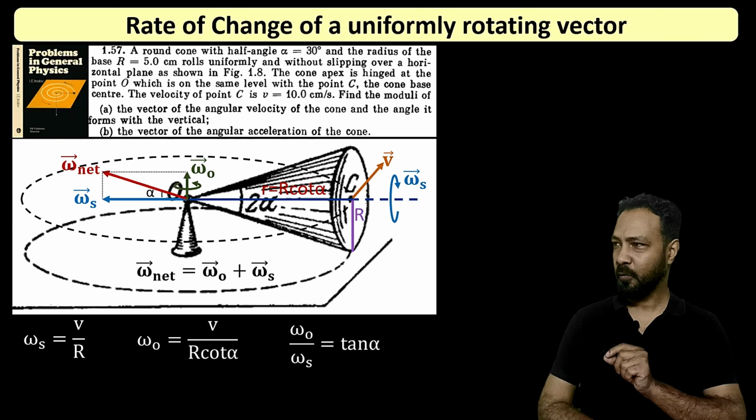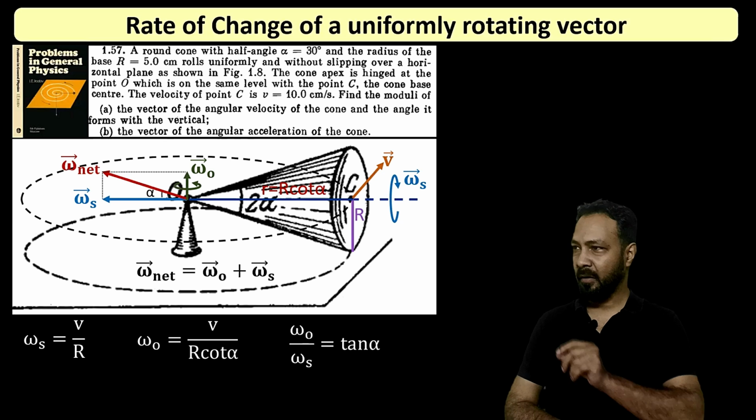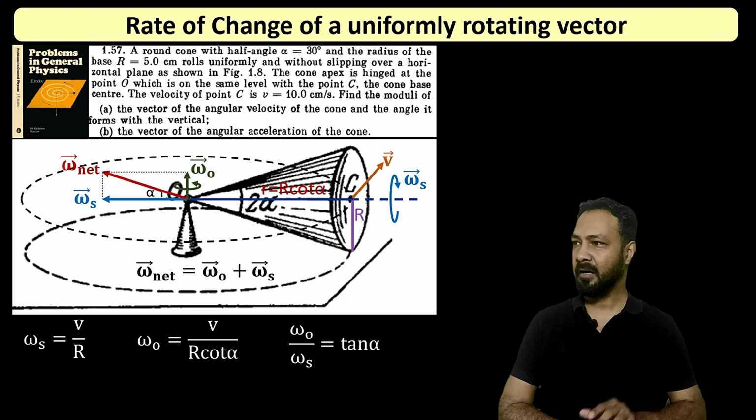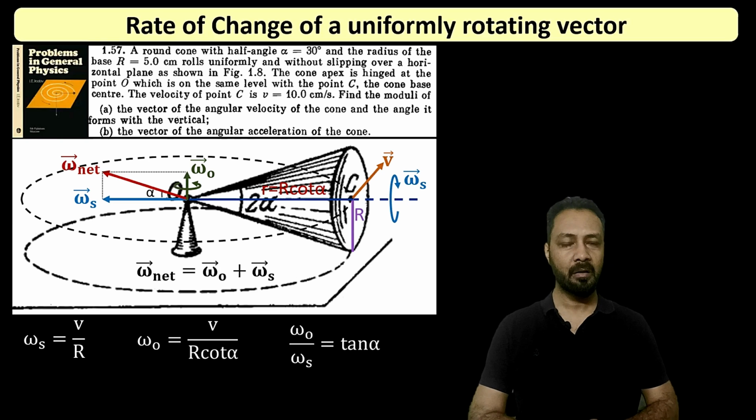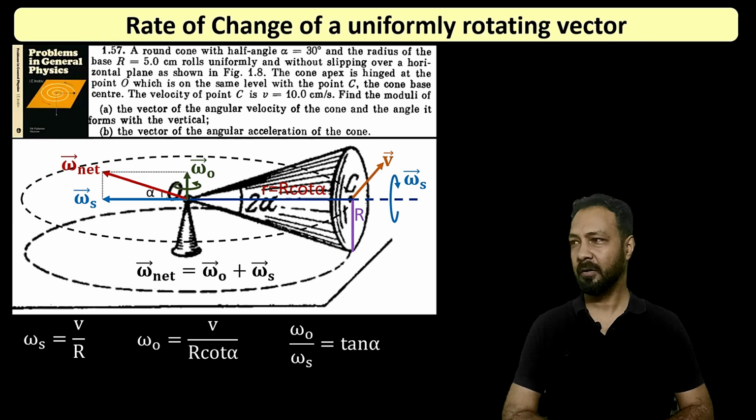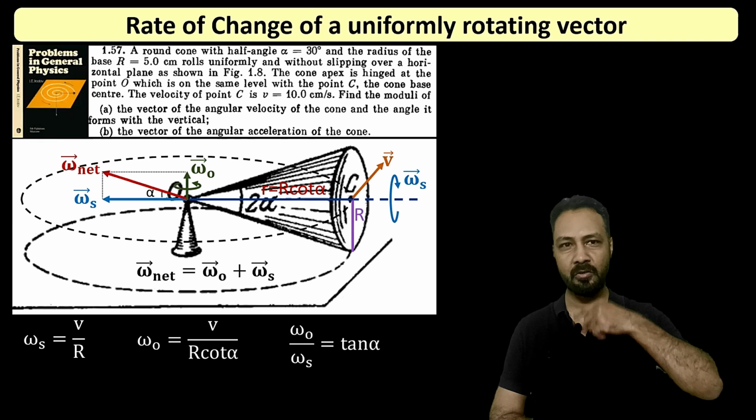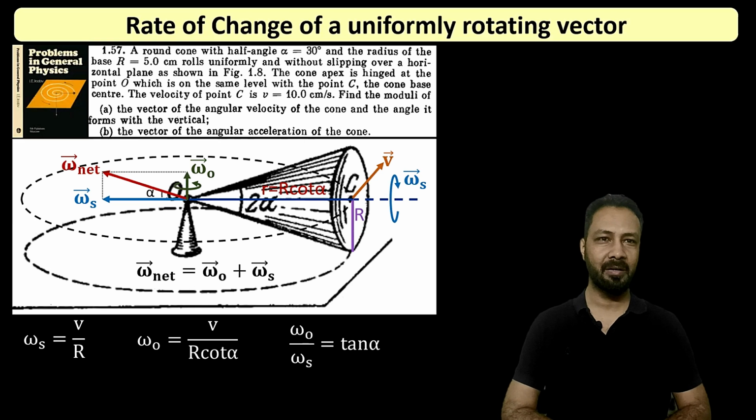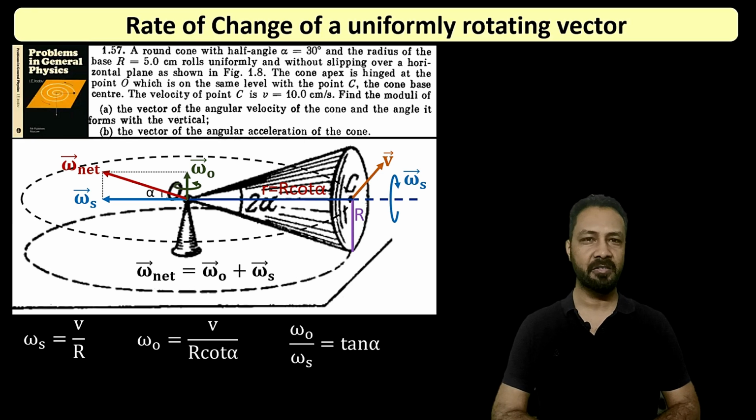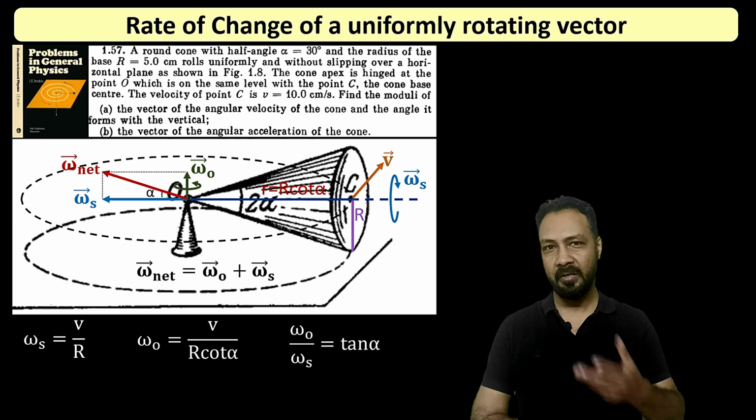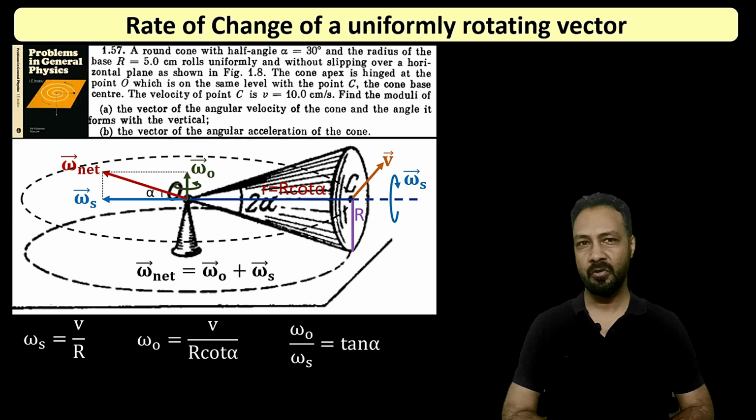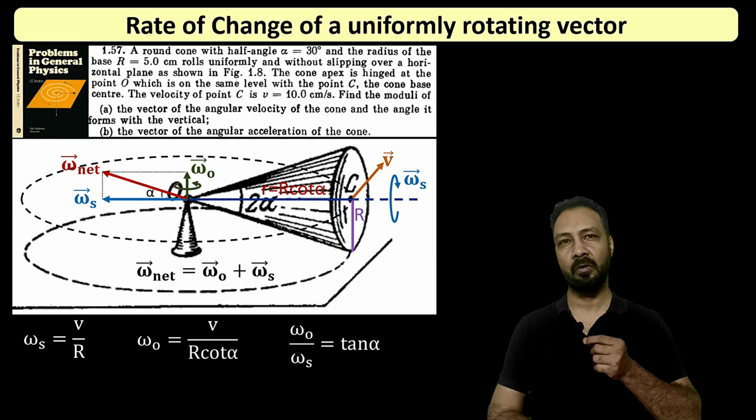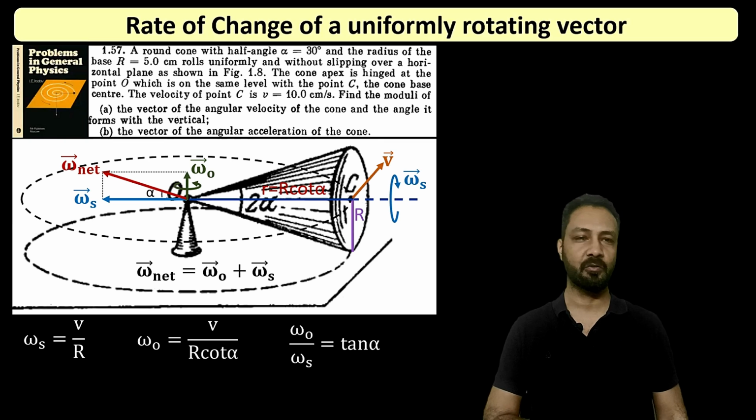If you look more carefully, this omega net is along the slant length of the cone, and I could have told that directly, because when a body has more than one rotation, more than one angular velocity, you can look for the instantaneous axis of rotation, the axis about which motion appears to be pure rotation. And to find the IOR, we just need to look for 2 points whose velocity is 0,